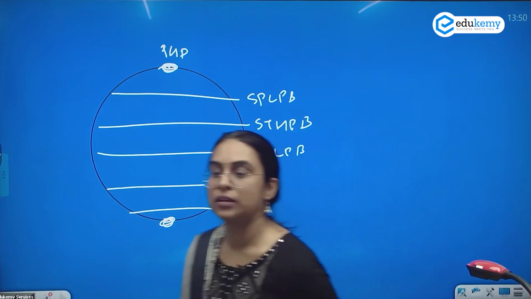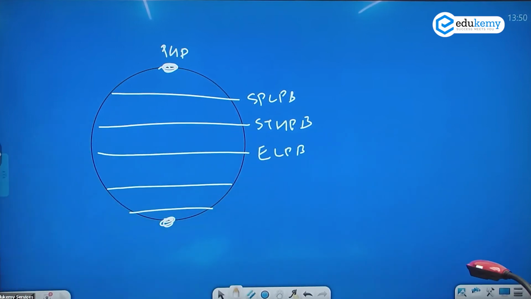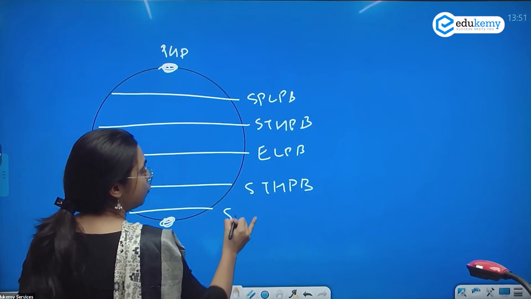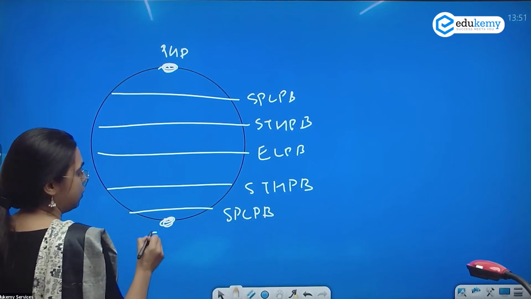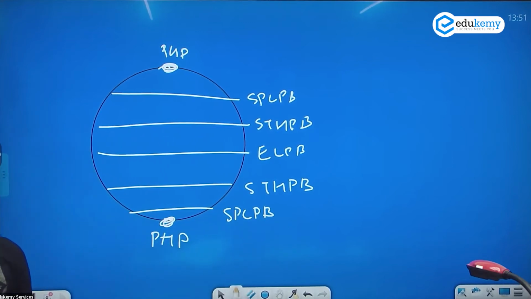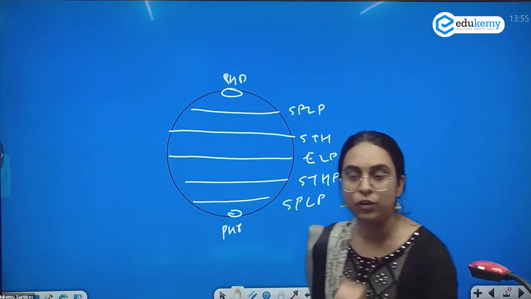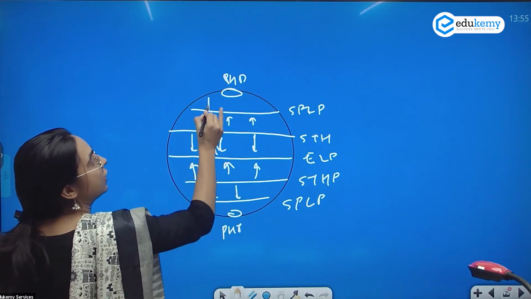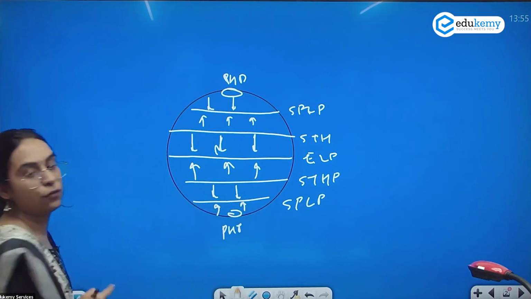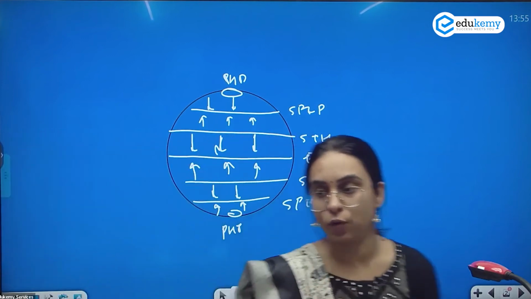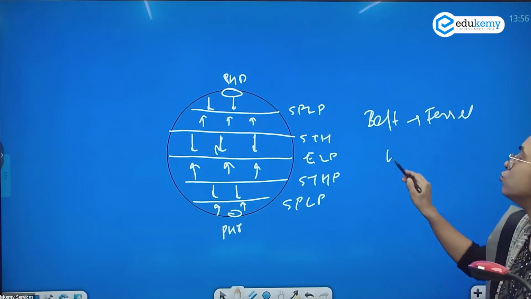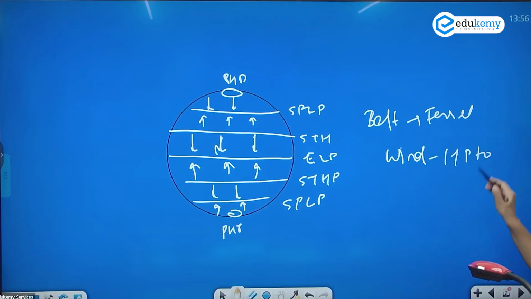You draw this with me. Okay? Draw this figure that he has already explained. Subtropical high pressure belt, subpolar low pressure belt, and the polar high pressure belt. ये उन्होंने explain किया हुआ. We know that the wind always moves from high pressure to low pressure. Okay. Now, as he accounted for Coriolis force, so these are belts as per Ferrell, and wind moves from high pressure to low pressure. And he also accounted for Coriolis force.